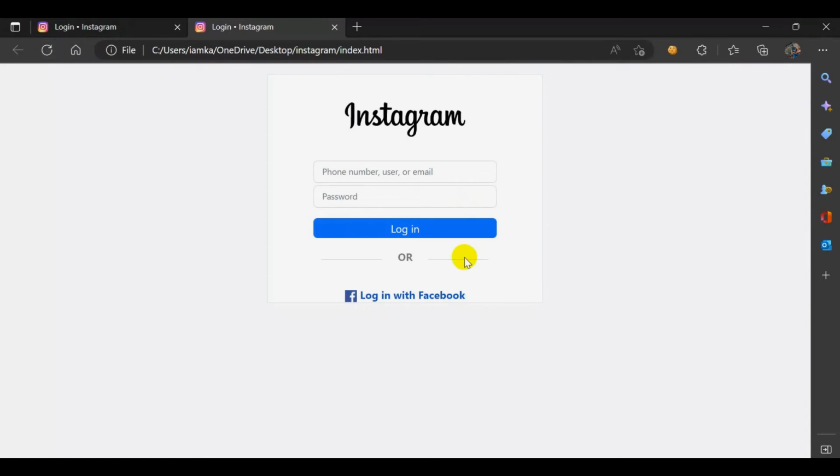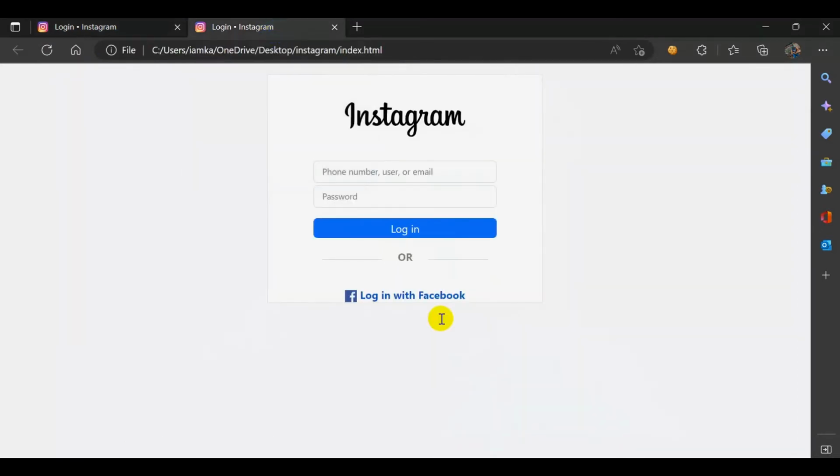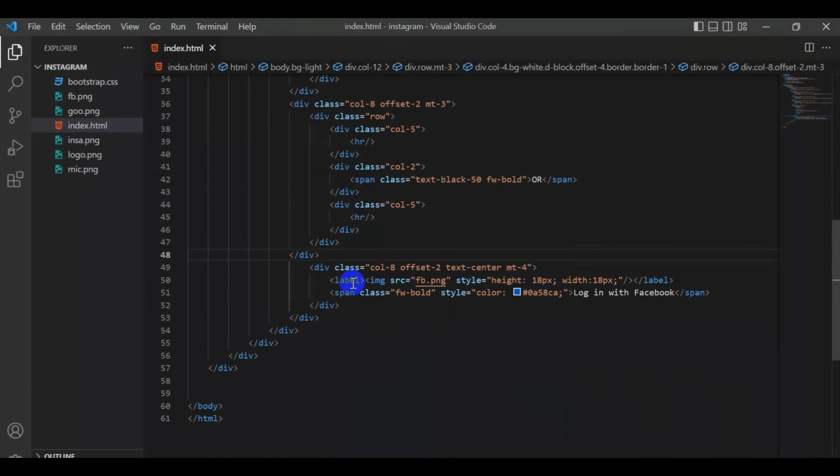Okay, now my phrase is in a single line. So next I am going to create this forget password phrase. For that,